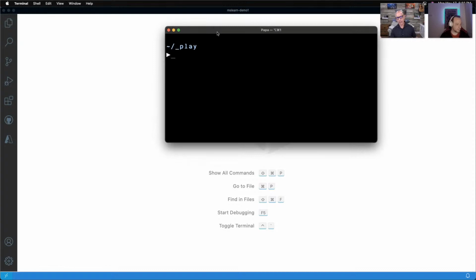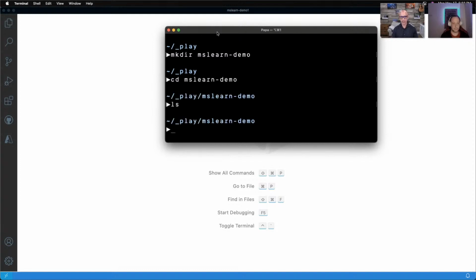Now, I like to put things into a folder. I have a folder called Play on my computer because that's what we're going to do. Peter and I are going to play with you and create some new projects. So first, let's create a new folder in here. I'm going to use the real old command line. You can do this through Finder on a Mac or Explorer on Windows as well. We'll call this the MS Learn demo. Now if I go into that and do a quick list, you'll see there's nothing in it.